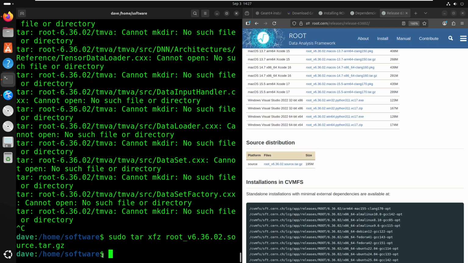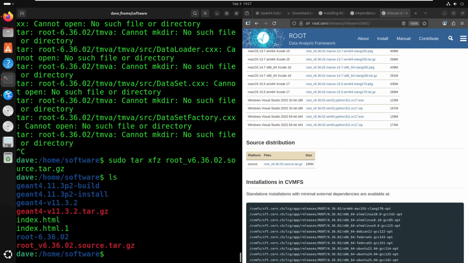Or if you just type as the permanent sudo, or superuser, then you also won't be getting all these things like I keep getting. But now that we've extracted the